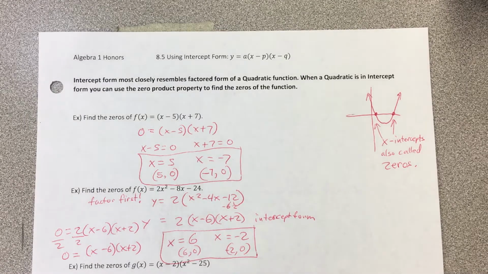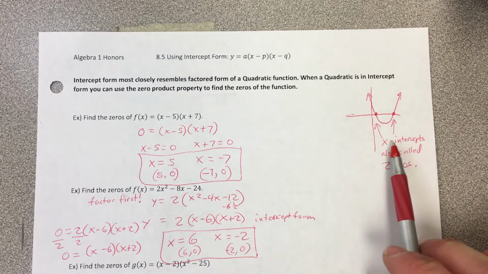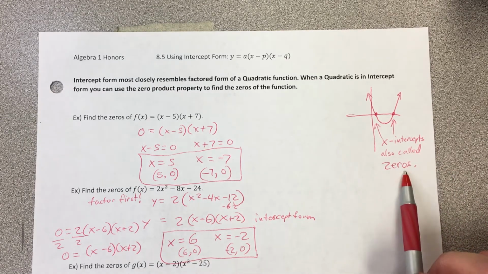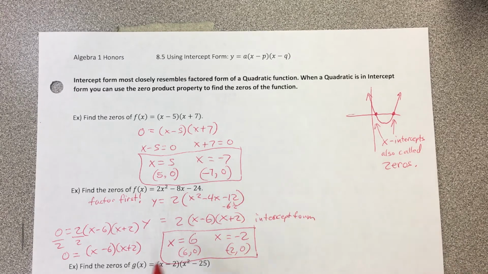Yesterday we were working on 8.5 using intercept form, and there you have it written out using variables in there. Well, we started learning about it, and I talked about how x-intercepts are the same thing as zeros. And the reason it's called intercept form is that